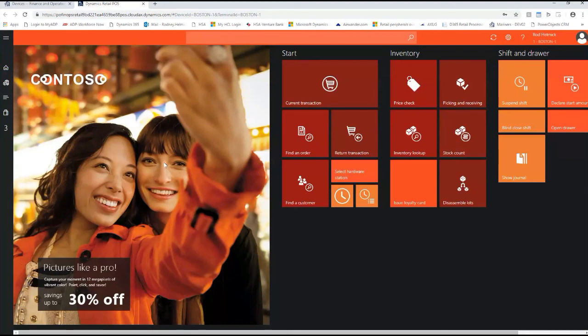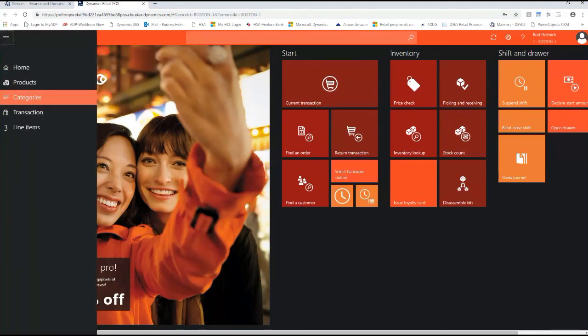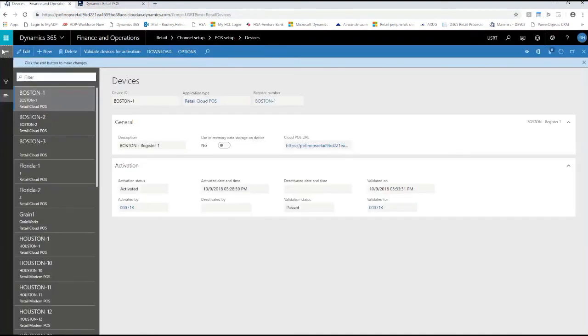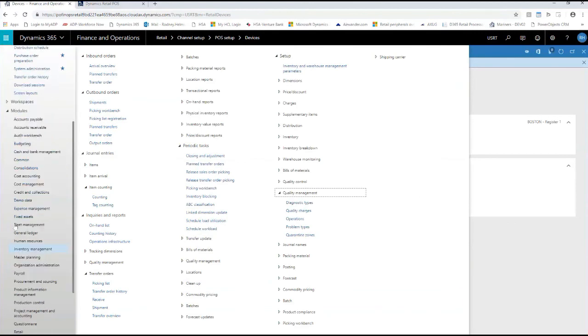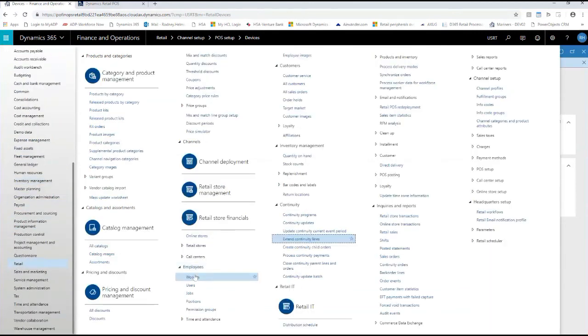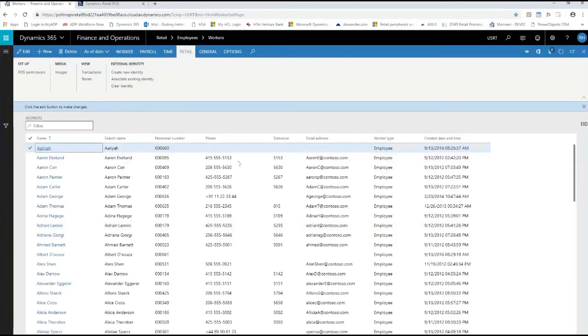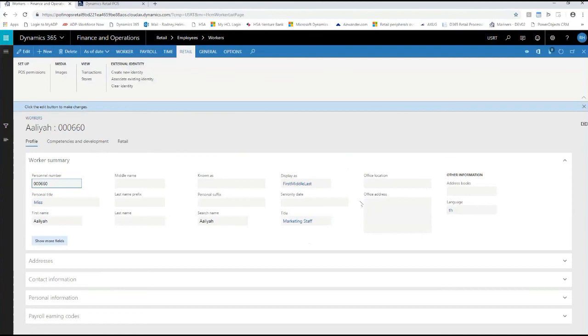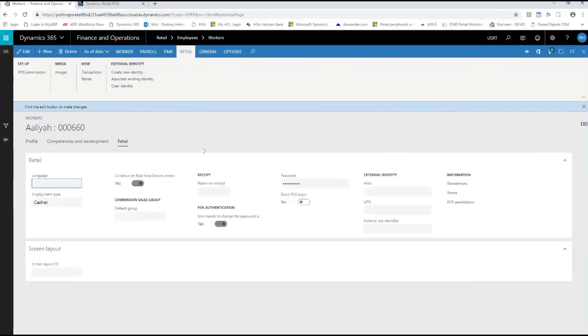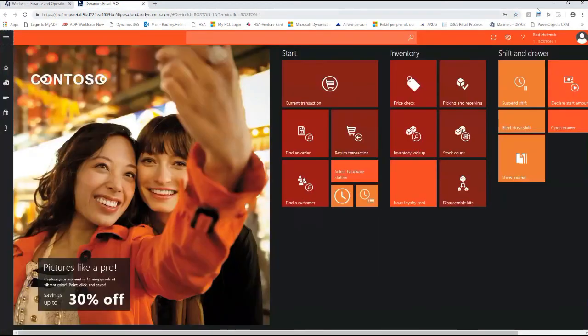And then with that worker, I give specific point of sale permissions, and for purposes of time, I can actually show you just what that looks like by selecting a particular worker, for example, and I can give it the password that is associated to this particular worker. So every time there's their worker number, they would have to key this in, because if you look at, if I sign off here,